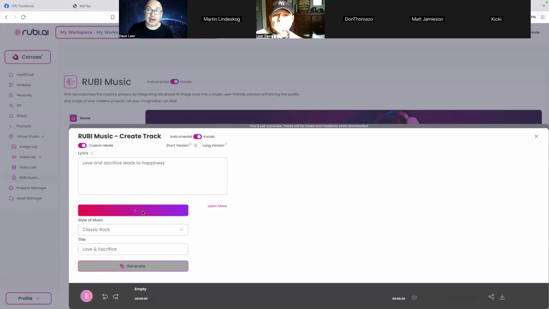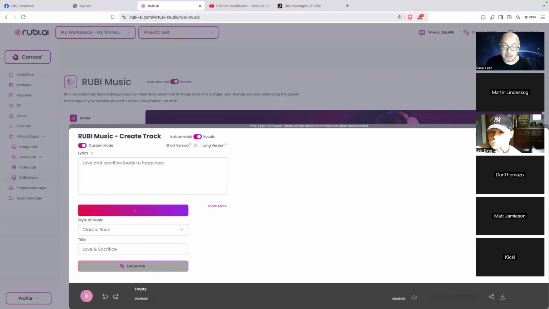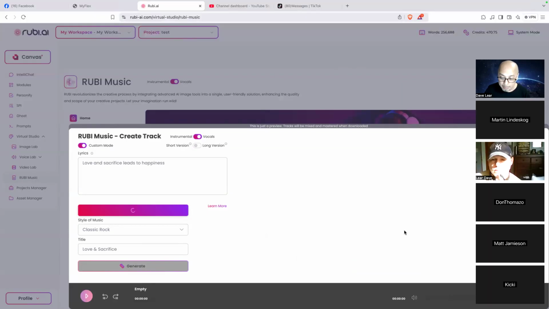Okay, there's also an app who's doing this, and it's another app that you also subscribe to. Again, this is not free. But since it's already part of Ruby AI, everything is part of what we have paid for. Although, again, this is going to be deducted in our credits. But if you're really somebody who wants to create something like this, okay, this is definitely of very good value.